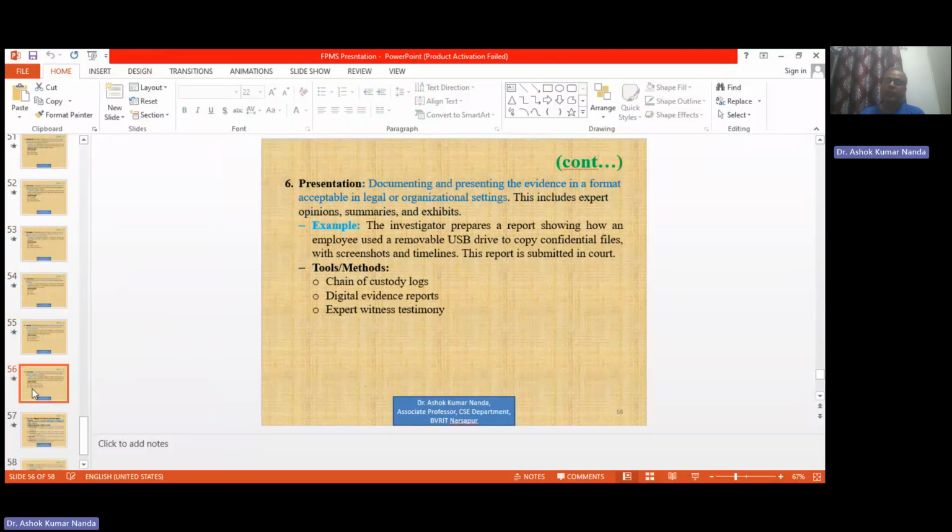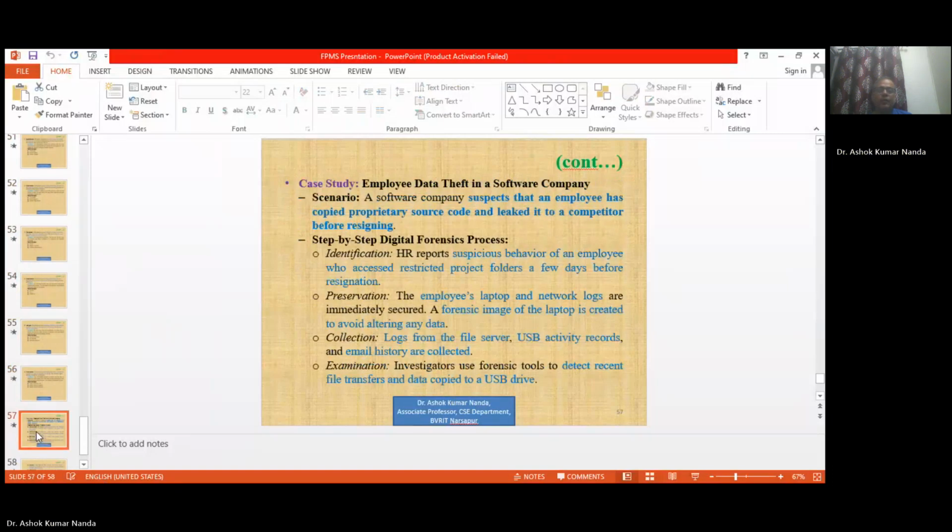This report includes experts' opinion, summaries, and exhibits. For example, the investigator prepares a report showing how an employee used a removable USB drive to copy confidential files, with screenshots and timelines. This report is submitted in court. In this case, the tools or methods are chain of custody logs, digital evidence reports, and expert witness testimony. Now,